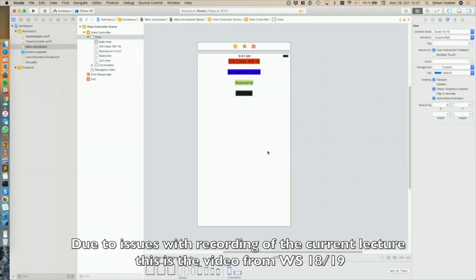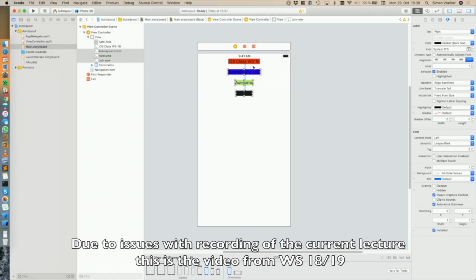So now the problem is, if I would say my view would look better if there are 30 points, I would have to go back there and adapt every one of these distances individually. And there is an easier way to combine that, and that is what's called a stack view. So I can select all these options and the last item we have in here, and embed that in a stack view. And what that does is combining all these 4 labels together in one item